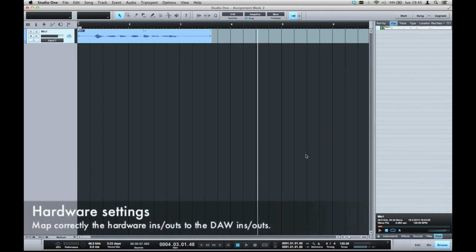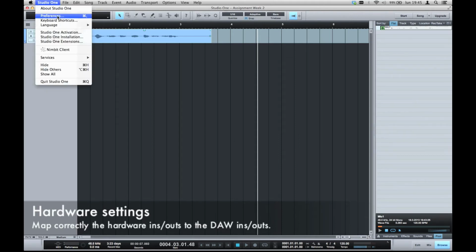Then you have to make sure that the DAW communicates properly with the ins and outs of your audio interface. Every DAW has a dedicated option panel in which you can choose the audio interface, but some of them can also let you manually assign the audio interface ins and outs to the DAW virtual ins and outs. This is very important because before recording you must assign a virtual in to the track you want to record over, and a virtual out or a submix to route the track signal to the hardware output so that you can hear it. On PreSonus Studio One, we can click on Studio One, Preferences,